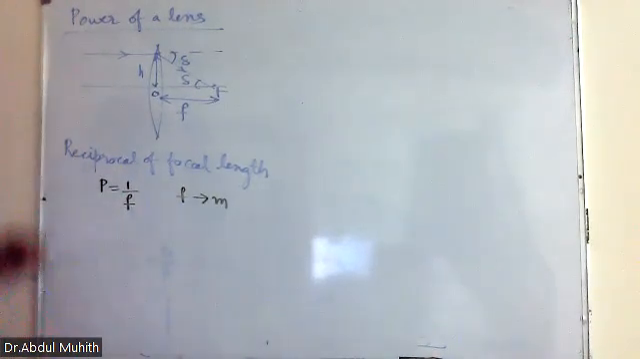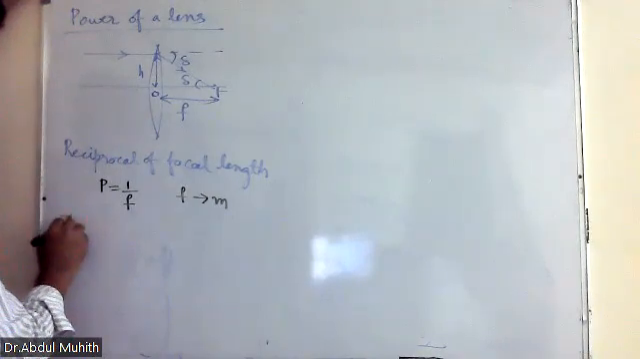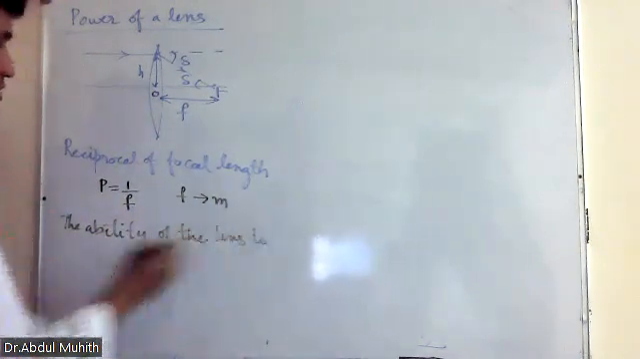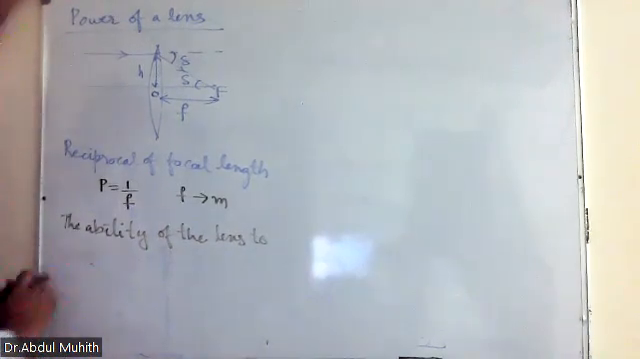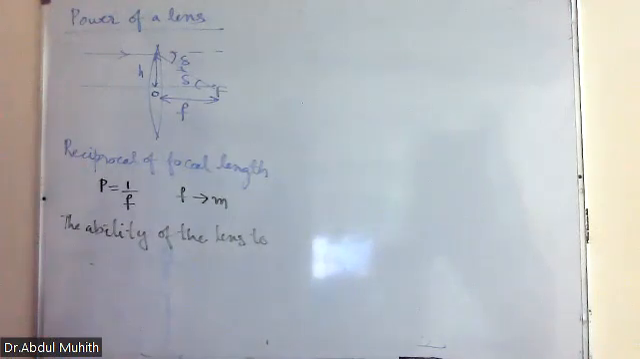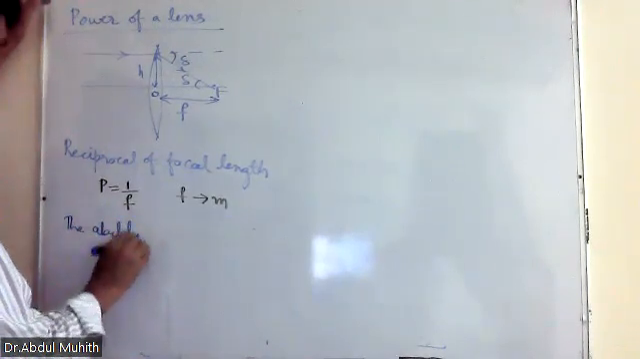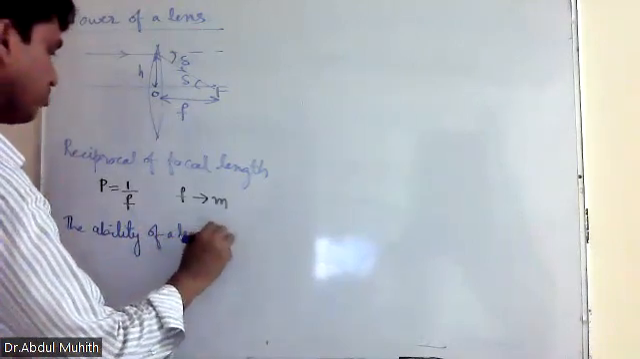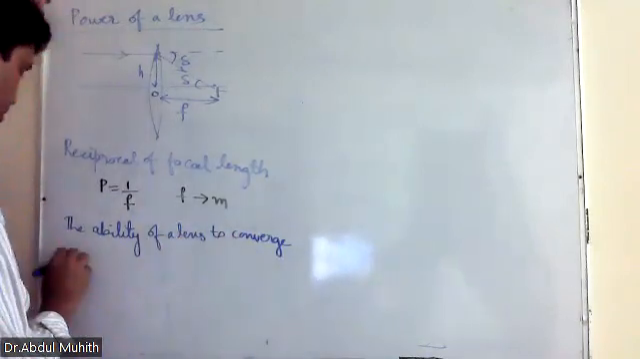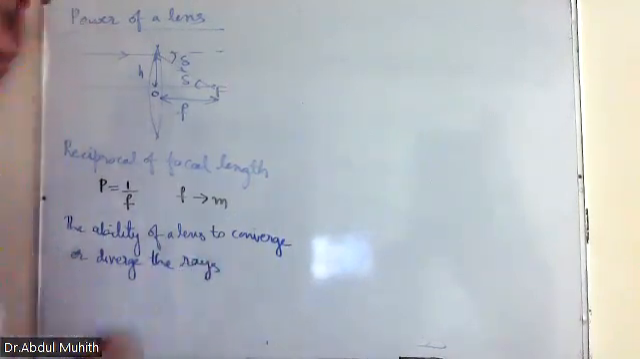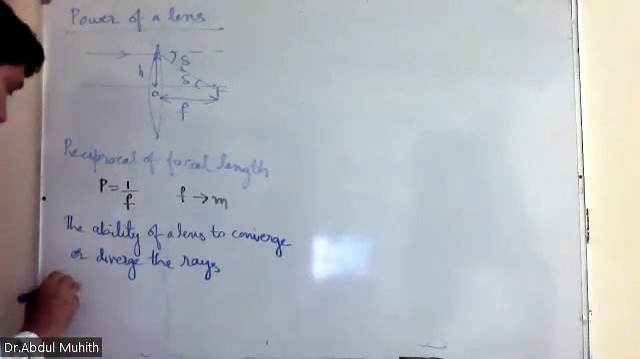What is the second definition here? That is the ability of the lens to converge or diverge the rays. The ability of a lens to converge or diverge the rays is known as power of a lens. One more is there, the tangent of the